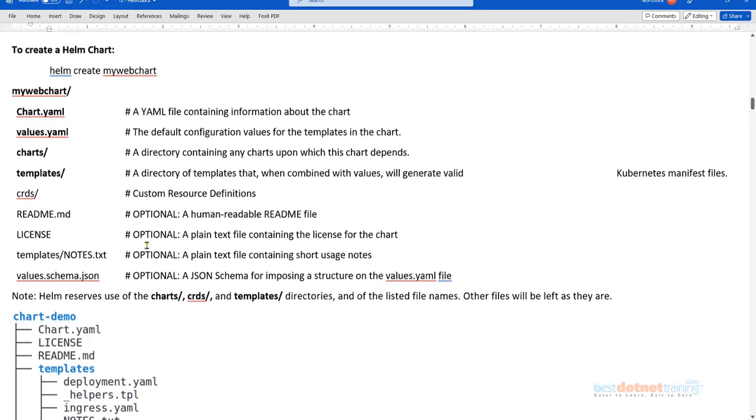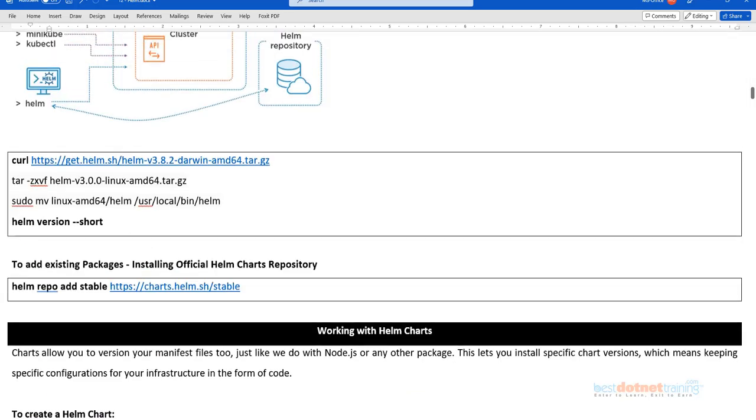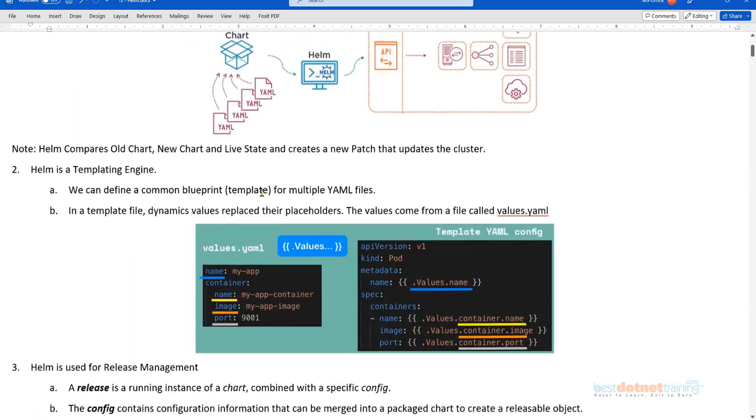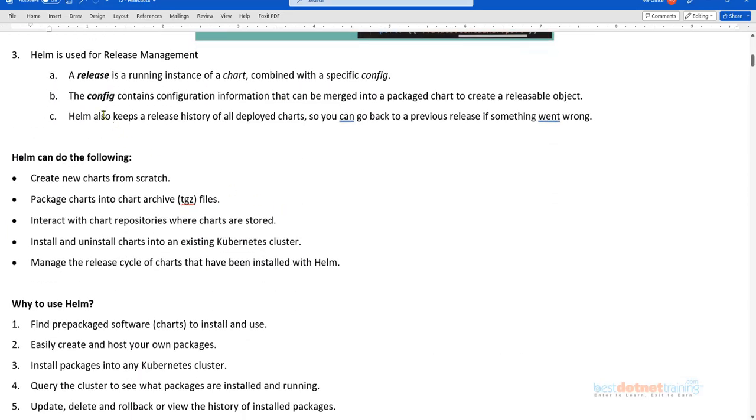Why do you want to roll back? Because maybe a new release has caused some problem, maybe some unexpected issue has cropped up, and maybe you want to revert back to the previous working version, right? So that is where the rollback concept comes into the picture. So does Helm allow us to roll back? Yes. How does it do that? Because it keeps track of all the releases that you have done.